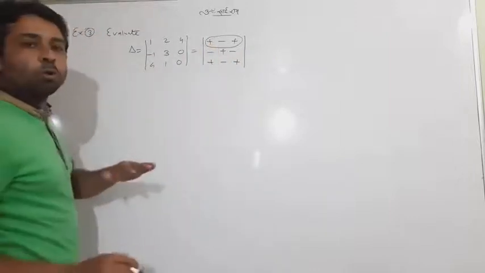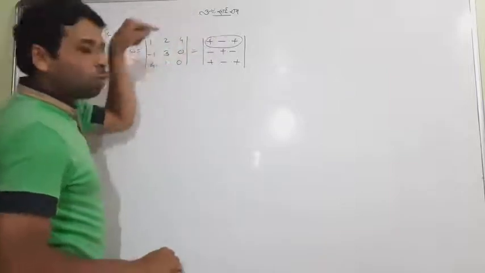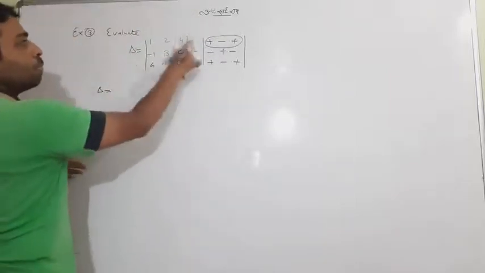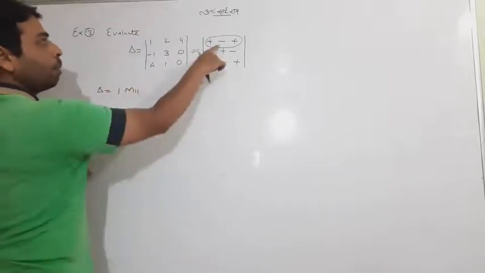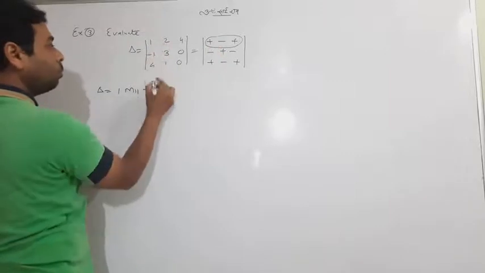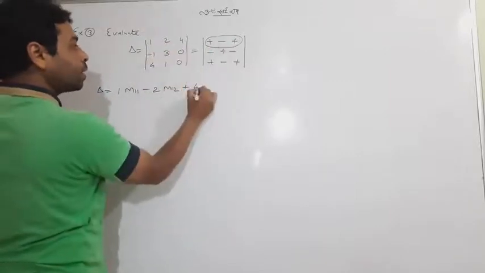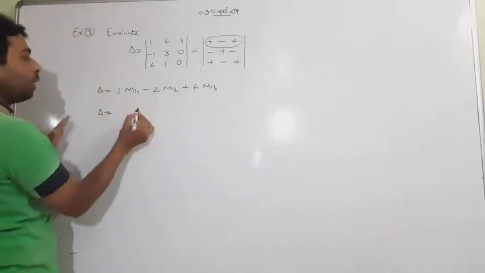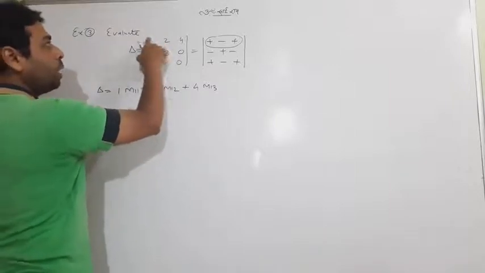It is not told anywhere, so nothing special. Okay, with the help of the first row, with the help of minor, I will expand it. So what is the answer? Plus 1 its minor, minus element 2 its minor, and plus element its minor. Now find the value quickly. What is 1? Leave it. M11, meaning the minor of that one.